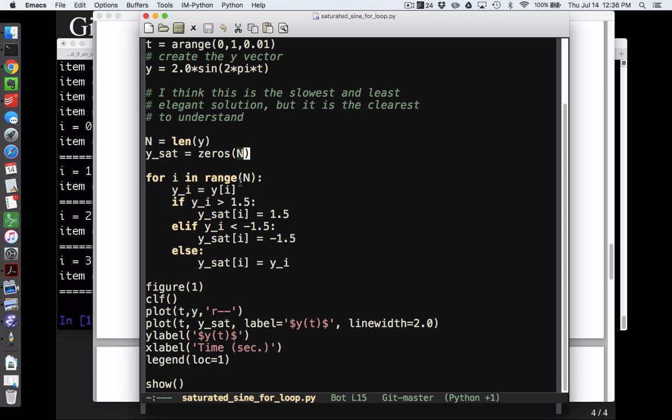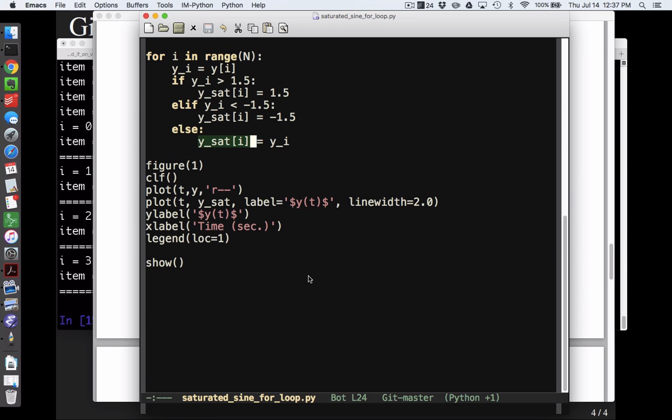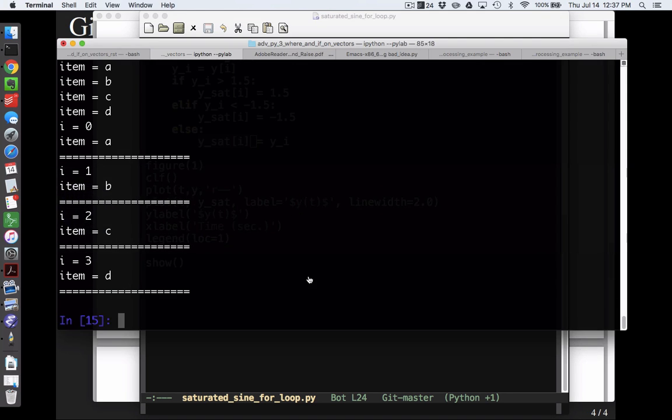And then for I in the range of n, I'm saying that y sub I is equal to y of I. If y sub I is greater than 1.5, then my saturated y is equal to 1.5. If y sub I is less than a negative 1.5, then my saturated y is negative 1.5. Otherwise, y saturated is equal to y sub I. So if I run this code,